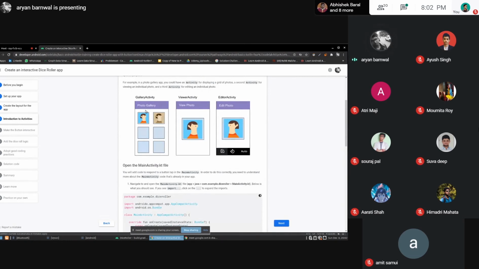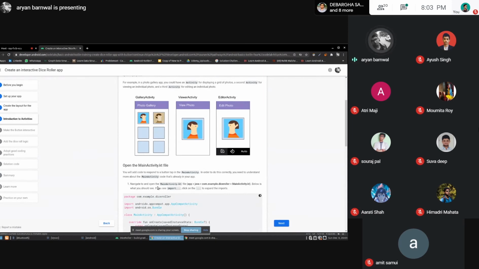Next you have the viewer activity. If you click on an image, it will show you a preview of your image, which you can name viewer activity. And if you want to edit this image, you can have another activity, which we can name edit activity. So for multi-screen apps, you need different activities.